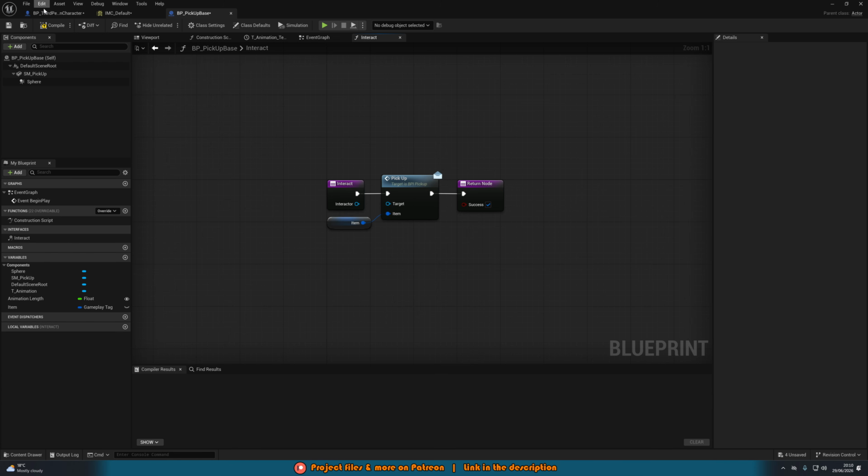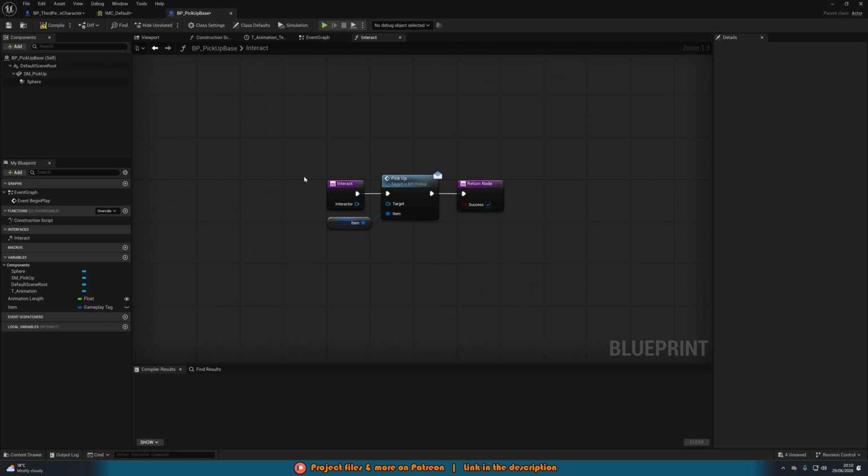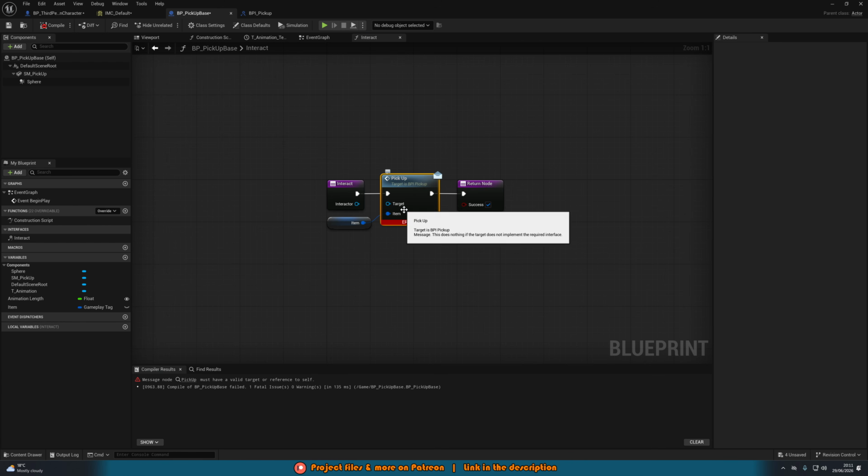It is that simple. So in the character blueprint, when you press E, it's going to see which blueprints you're overlapping, and it's going to get the one you're overlapping, and if it can, it is going to fire off this interact message. That means this interact message here will fire off, which is then going to do whatever code you want when you interact with this item, which for me is firing off this pickup blueprint, which is also another interface. So we can compile, and I've got an error because actually I do need this pickup event here